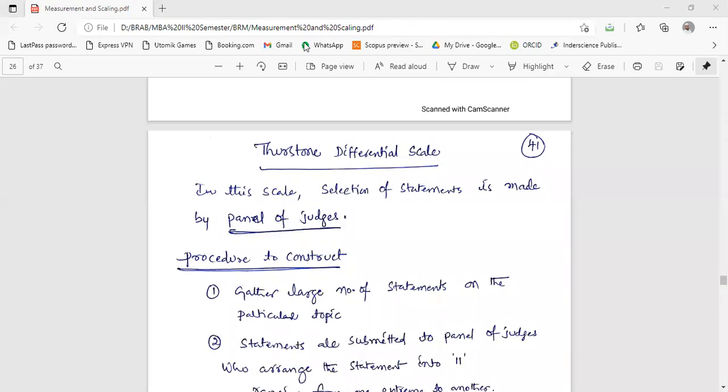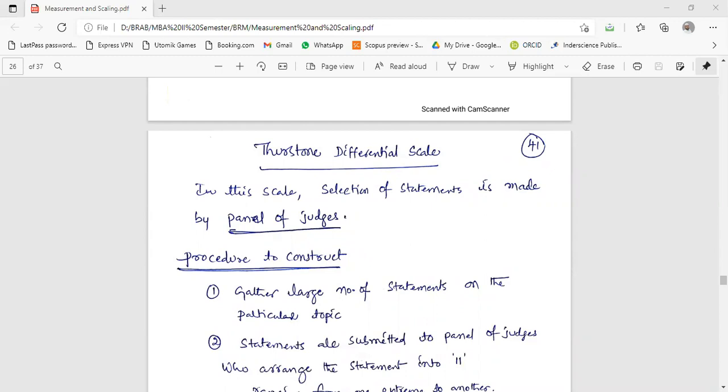Then we have the Thurstone differential scale. In this Thurstone differential scale, selection of statements is made by a panel of judges.